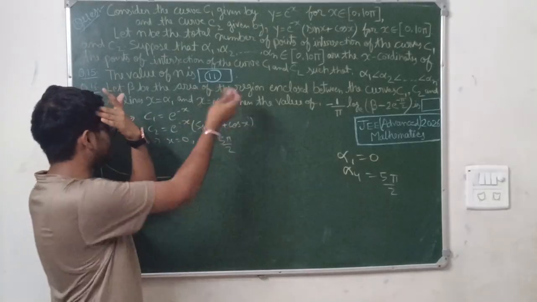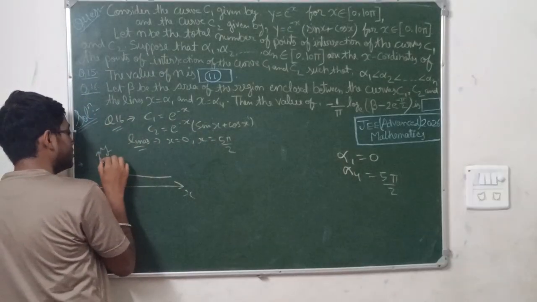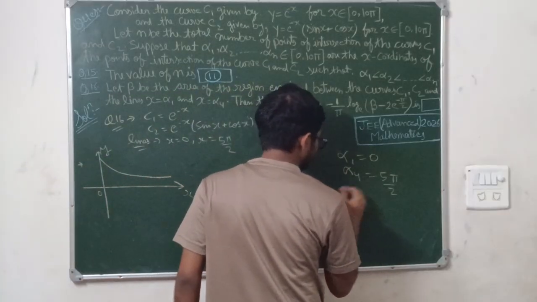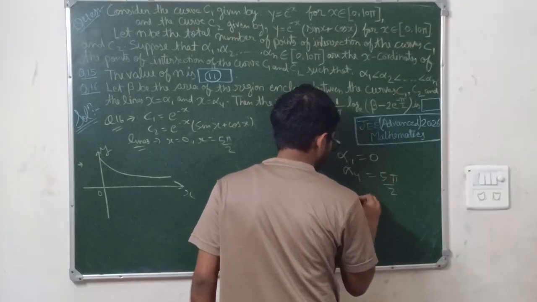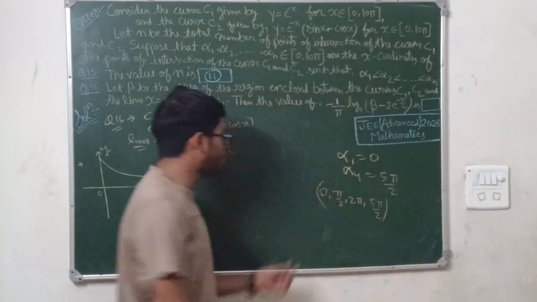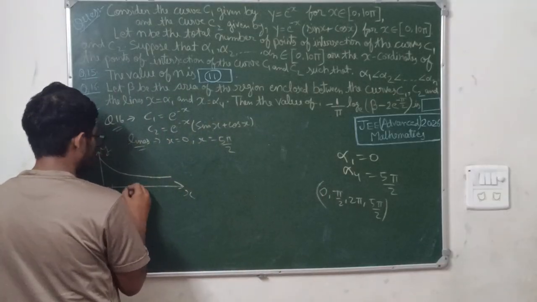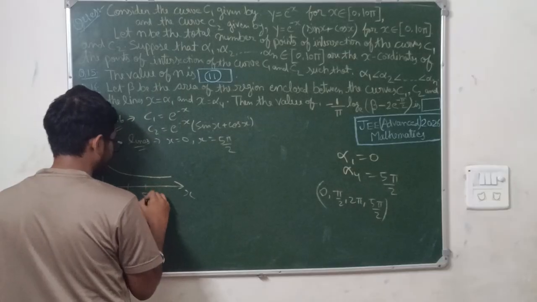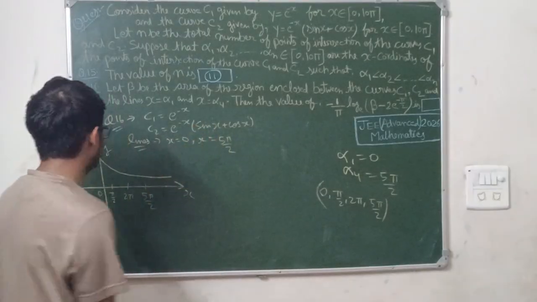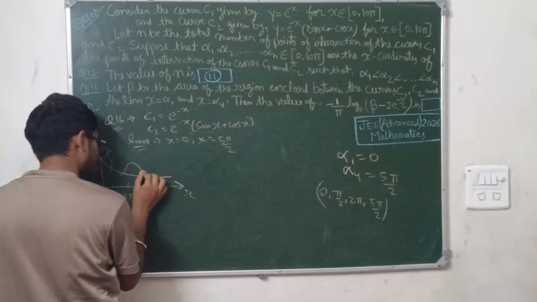And the sin x plus cos x graph. Since sin x plus cos x is multiplied in e to the power minus x, it would be like this over different intervals: 0, pi by 2, 2 pi and 5 pi by 2. This is the interval where we can find the solutions. From 0 to pi by 2, sin x plus cos x is always increasing, so the graph would be increasing here, decreasing from pi by 2 to 2 pi, increasing here and stop.